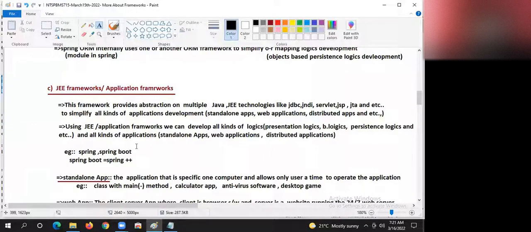Using these frameworks, we can develop all kinds of logics: persistence logic, business logic, presentation logics, and all kinds of logics can be developed. Okay, right.